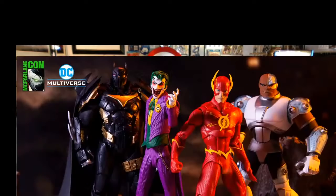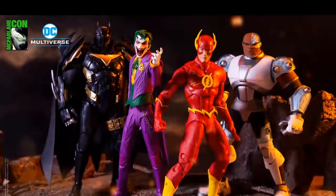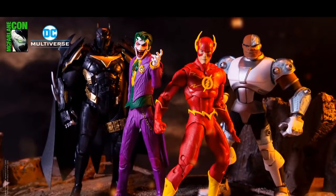All right, and while we're on the subject of McFarlane, the other day I talked about most of the reveals for the DC Multiverse, the stuff that McFarlane Toys announced this week. However, it occurred to me I forgot to talk about this second wave. So I talked about the Build-A-Figure wave with Merciless that they're doing. They're bringing the Build-A-Figure back, but then they also showed off this wave with the Azrael in the Batman armor,